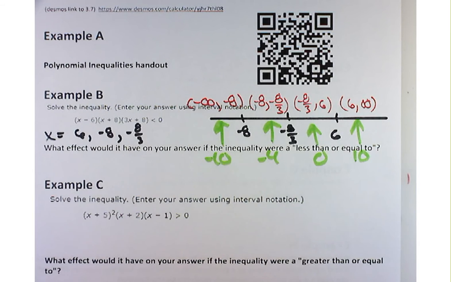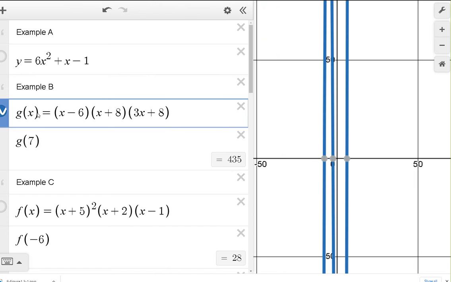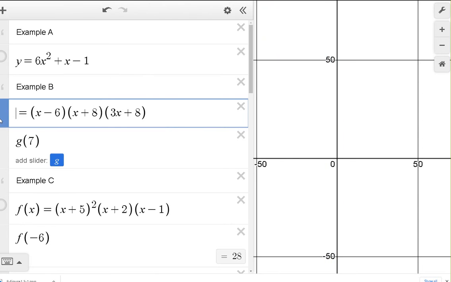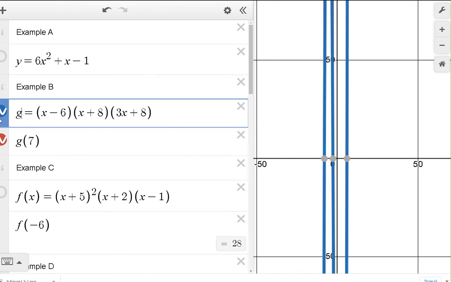Perfect. -10, -4, 0, and 10. Now, if you're going to test this on Desmos, the easiest thing to do is to write that polynomial. And let me show you the whole bit of it. So I wrote that polynomial, but I gave it a name of g of x. Now I could give it a name of y, but if I give it a name like g of x,